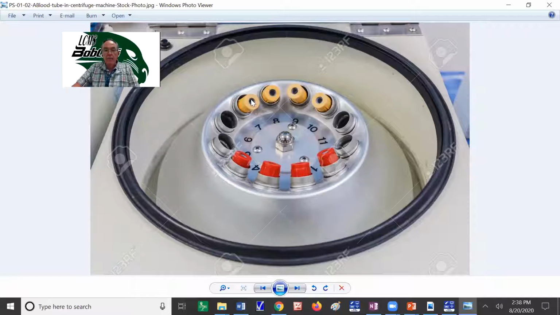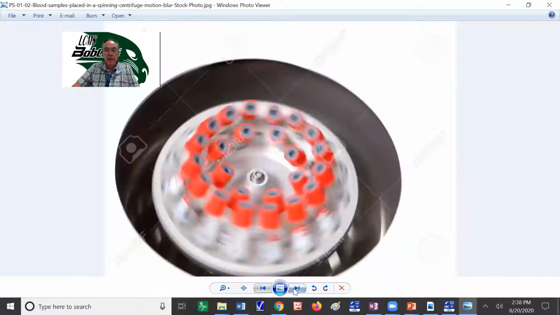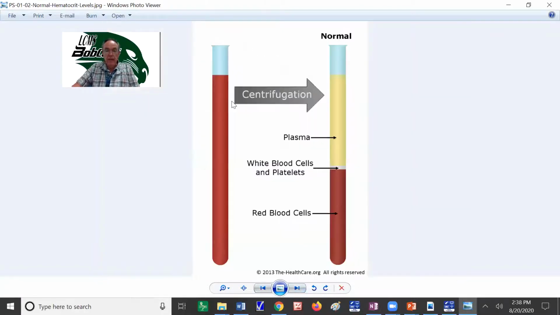When they take the blood from you, they put it in these little test tubes, and they put it in a machine that looks like this. And then the machine spins really fast. Okay, so the blood came out of you, and then when it spins really fast, just like your washing machine,